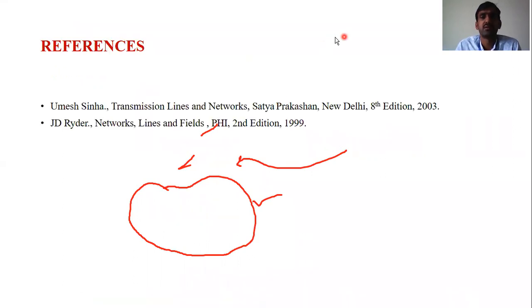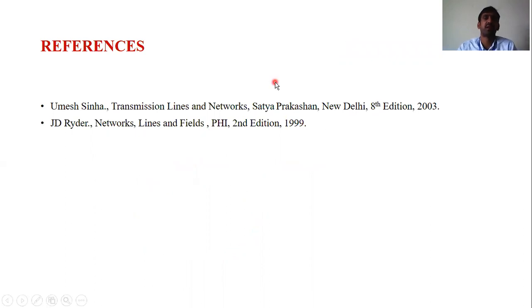So we have already obtained different parameters, just substituting R is equal to 0 and G is equal to 0 for a lossless line condition, or we can go for alpha is equal to 0. The same thing can be applied for the distortionless line conditions also. The characteristic impedance, propagation constant, wave velocity or phase velocity, wavelength, and voltage and current equations are the very important parameters which we have to obtain for a lossless line and also for a distortionless line.